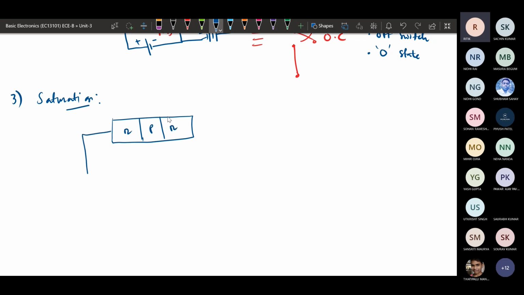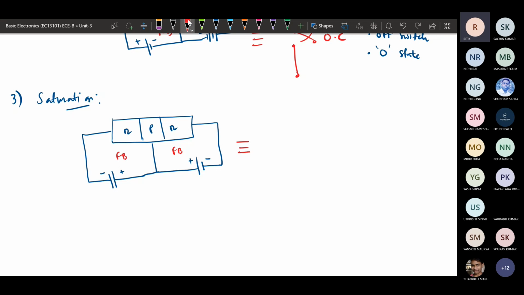Suppose this is NPN, so both are forward bias means we need to connect it in reverse mode: N should be connected to the negative side and P should be connected to the positive side, and this is also forward bias, so it needs to be connected to a negative terminal and this should be the positive terminal. So here both are in forward bias.